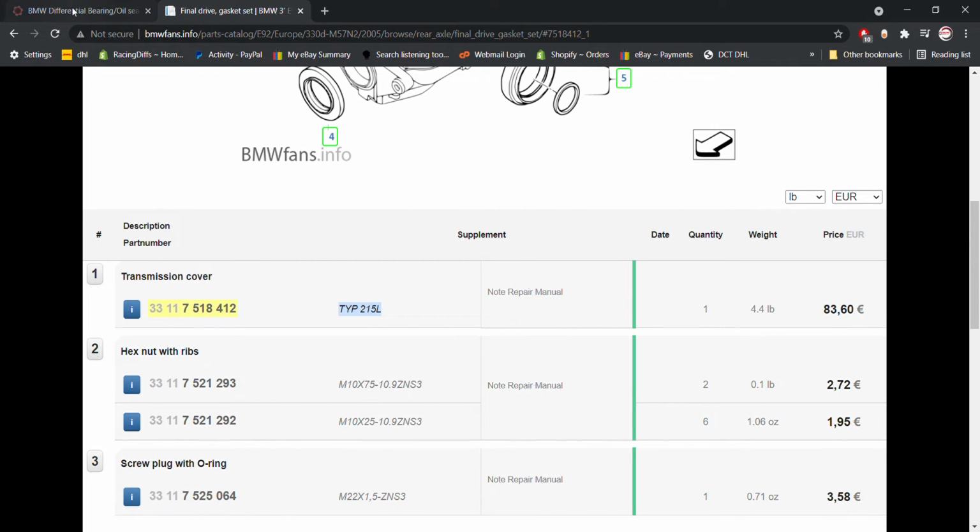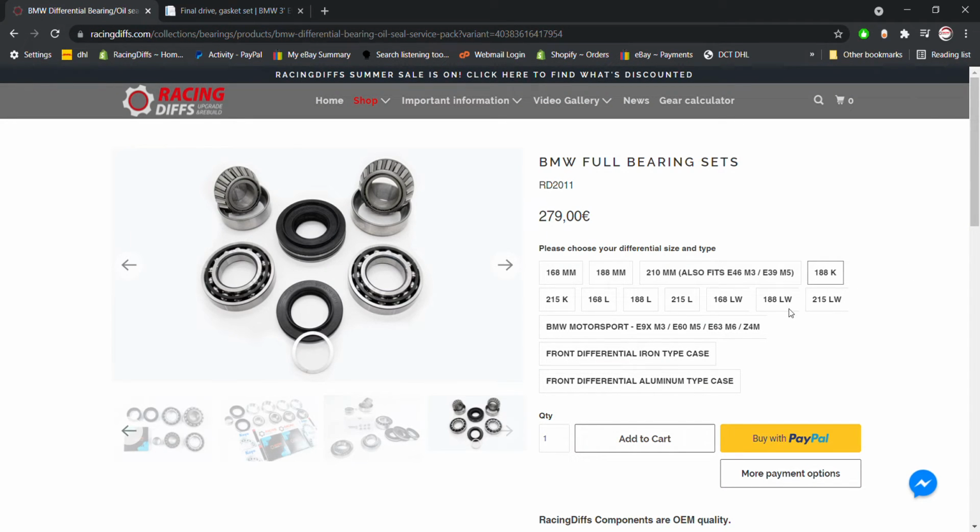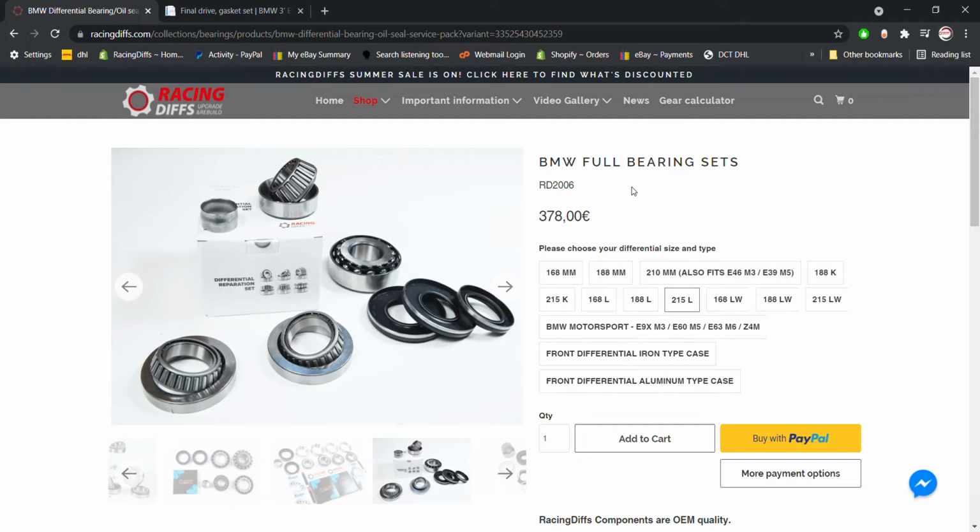To get back to our web shop, find 215L, and this is the bearing set for our example car to purchase to repair the whining noise of the